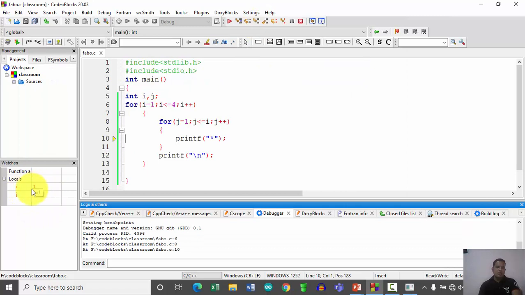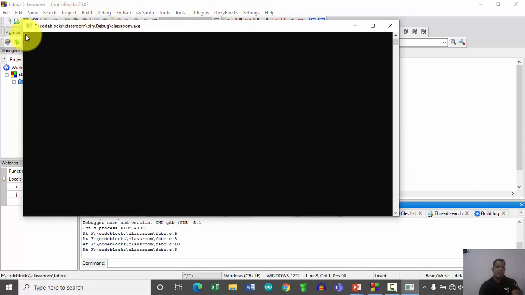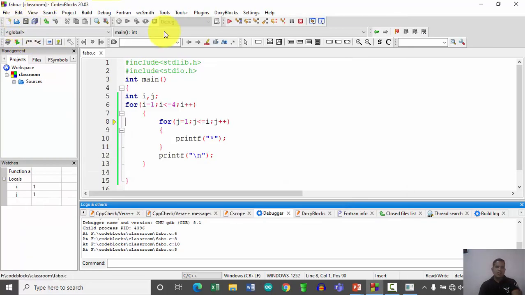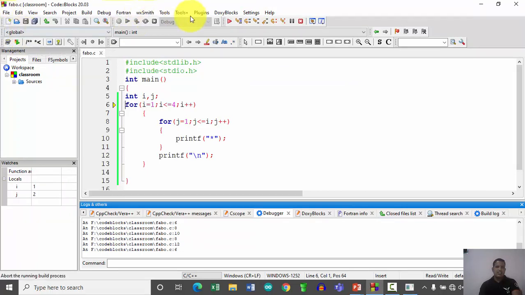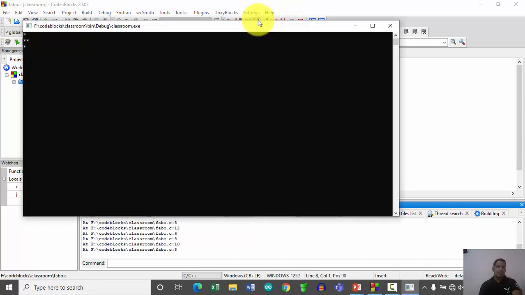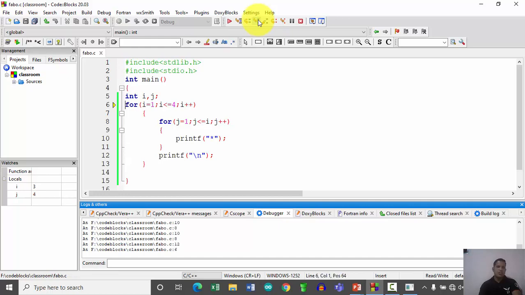Right, initially i is equal to 1, j is equal to 1, condition satisfied, it goes for printing my first character. Now the first character is there on the output screen. Now for the next iteration, the value of j is 2, as 2 is not less than or equal to 1, it will come out from the loop, and now it is going to execute the end of line. So my cursor is now blinking on the next line. Then again next, i value is 2, j is reinitialized to 1 because this inner for loop is executed once again. In this way, I am getting the pattern continuously on the output screen.